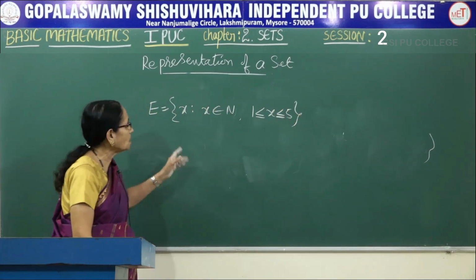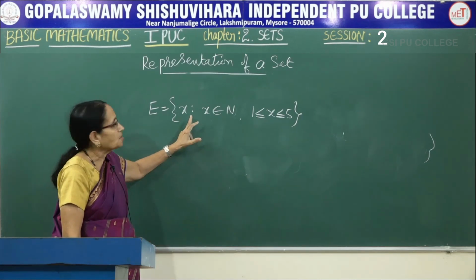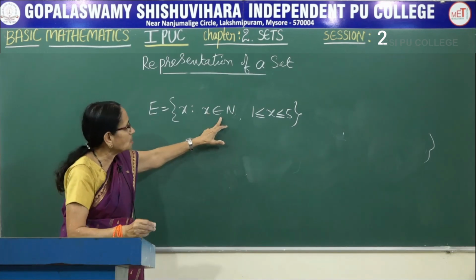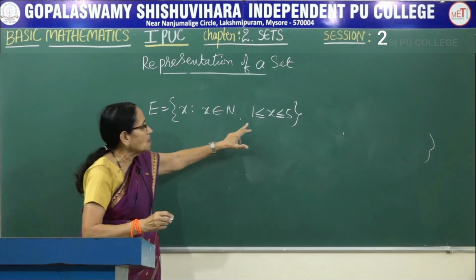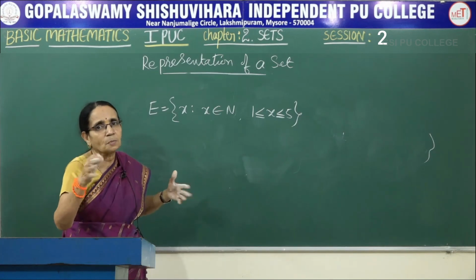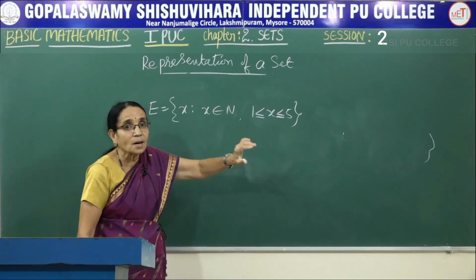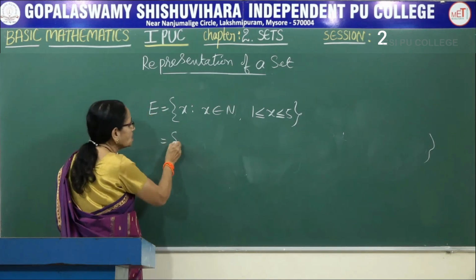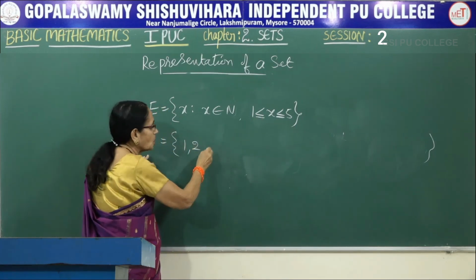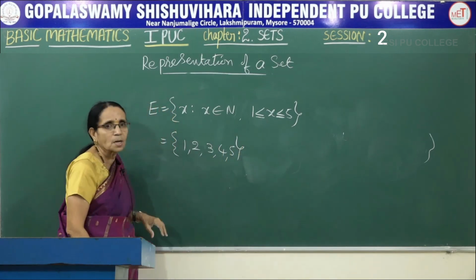Suppose I give a set in the set builder form. How do you read that one? The set E contains all x such that x belongs to N, that means it is a natural number. So this gives us the idea what type of numbers we have to consider. And here, if I simply say N, it starts with 1 and there is no last number at all. We cannot write the last number. So here the elements that have to be written will be known to us. So how do you write in the roster form? The first element is 1 because there is equality. Then it is 2. Then it is 3. Then it is 4. Then it is 5, because 5 is also included.